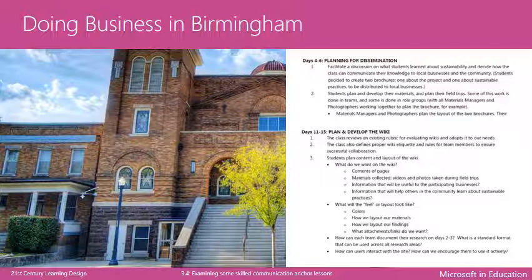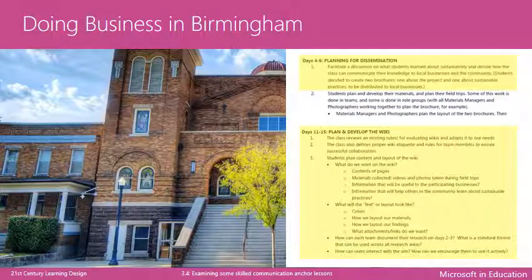The evidence for a Code 4 at skilled communication is found by examining what types of products the students are asked to produce and the purpose these products are used for. Students developed extended multimodal communications for 2 purposes. They first created print brochures about sustainable practices to distribute to local businesses in order to solicit their participation. In addition, students then collected evidence on sustainability practices among local businesses and developed a wiki with audio-visual content to inform the broader local community.